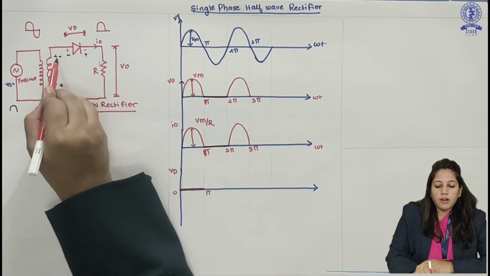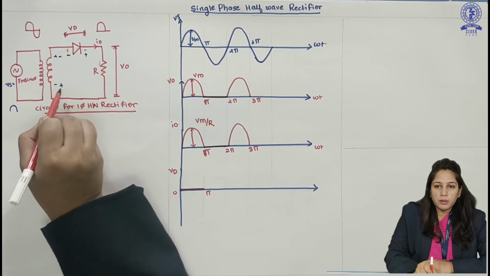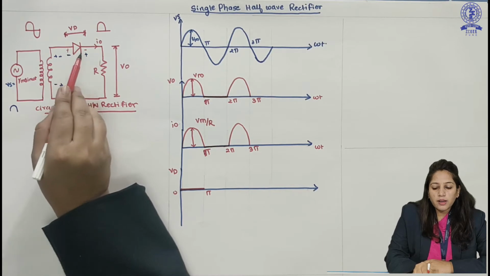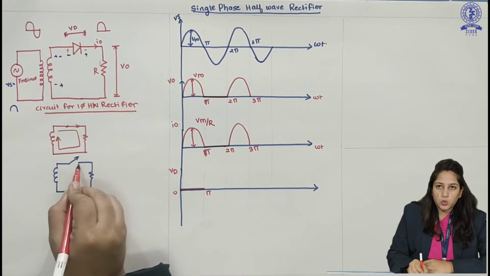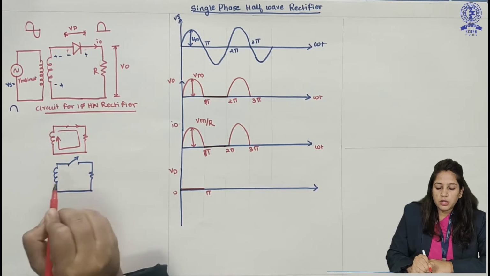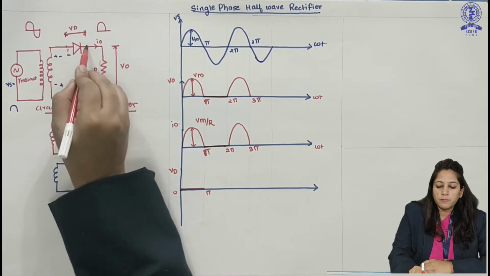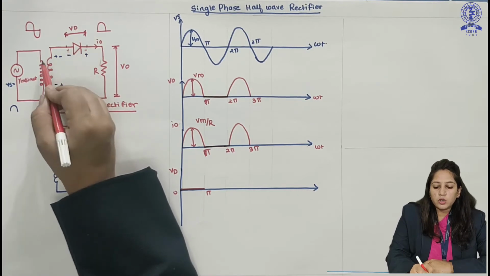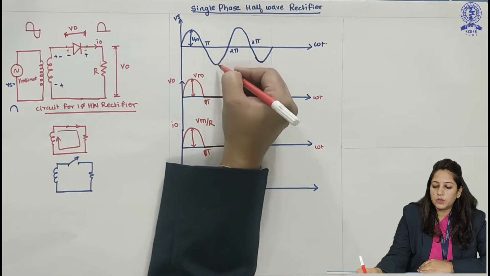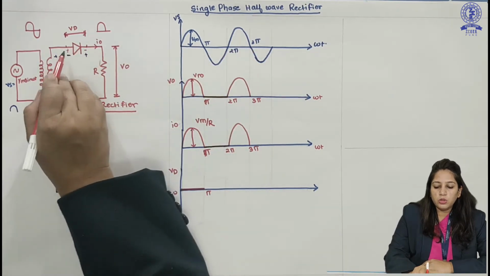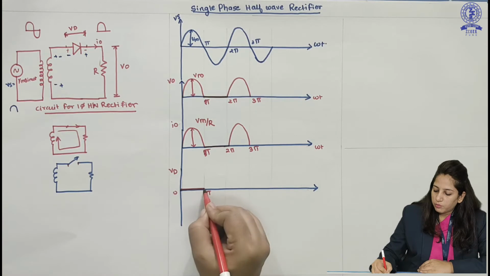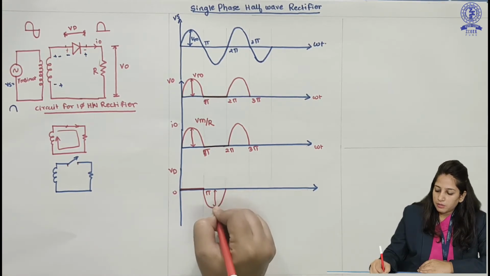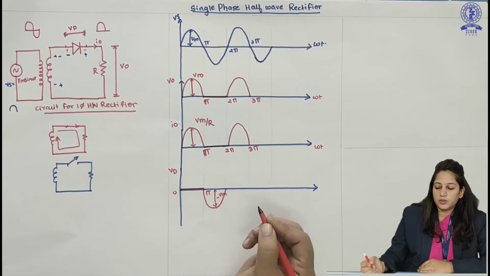Whenever the negative half cycle comes, the polarities are minus and plus, and so minus and plus will be the polarities across this diode also. At that time the diode will act as an open switch, and so on these two terminals where we are considering the Vd voltage, it will be the inverse of the input voltage, meaning whatever voltage we have applied will be across the diode. So here the diode voltage will be inverse, and that will be minus Vm.